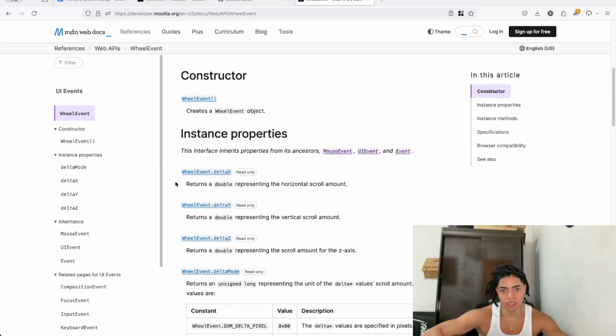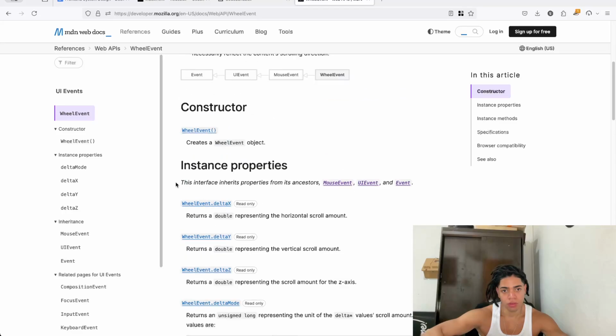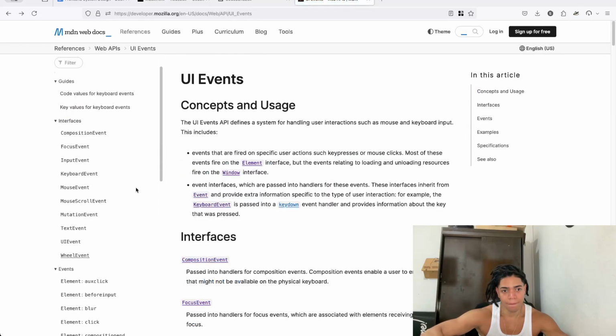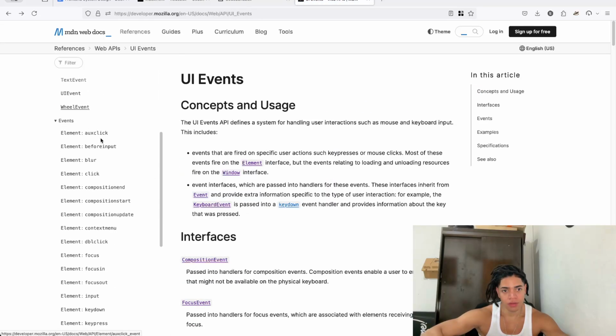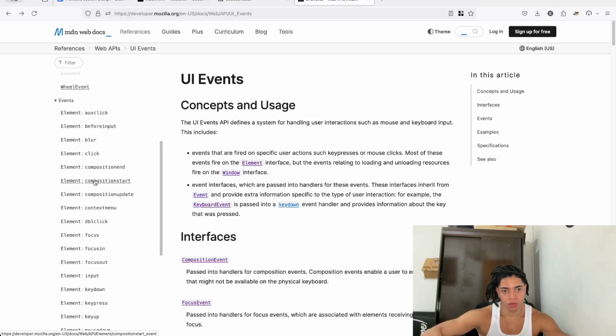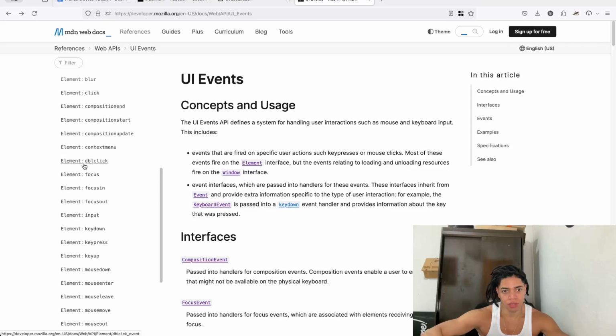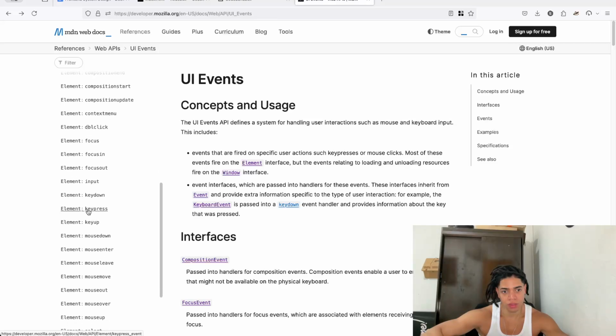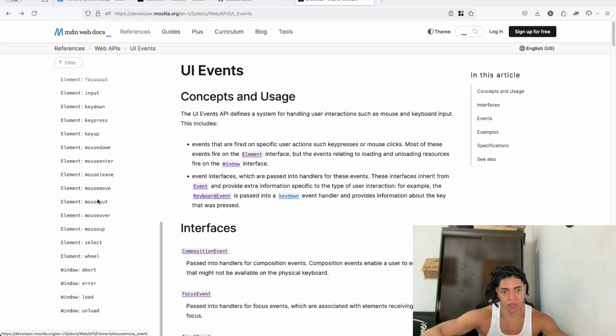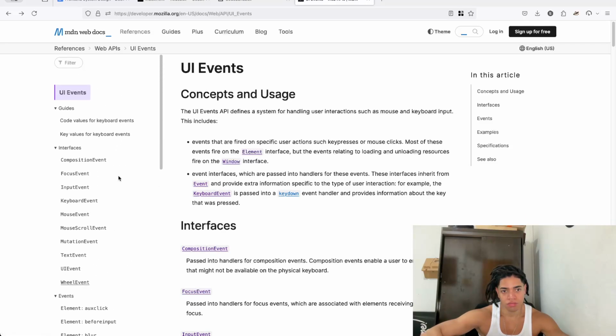Exactly the difference: the delta X, the delta Y, and delta Z, and delta mode. And events: auxclick, beforeinput, blur, click, compositionstart, compositionupdate, contextmenu, dblclick, focus, focusin, focusout, input, keydown, keypress, keyup, mousedown, mouseenter, mouseleave, and there you go. Okay, however,